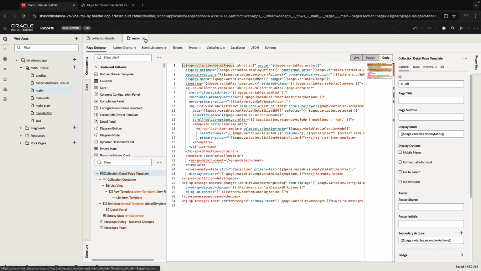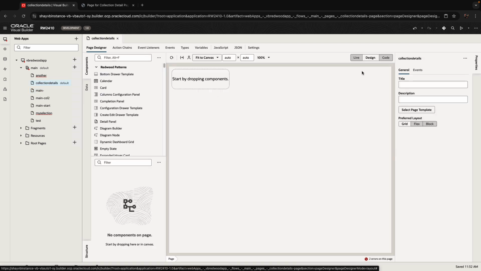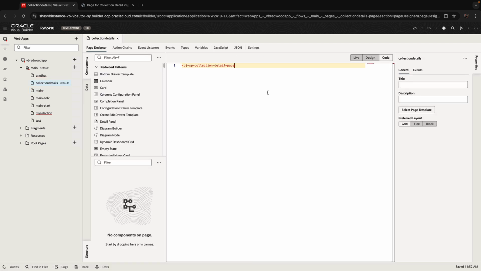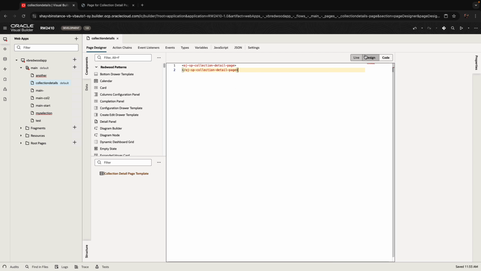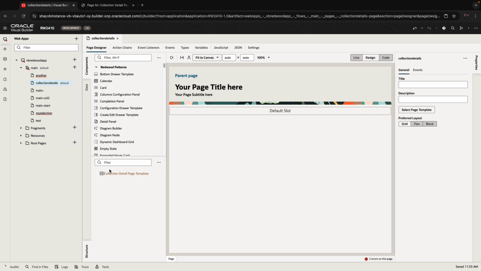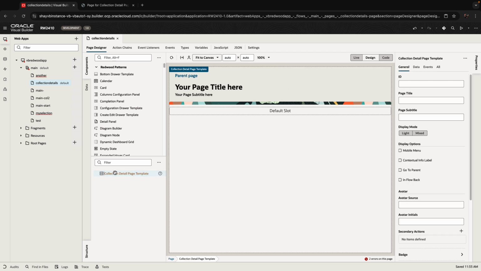In a new page. So we have a new page here. It's basically empty, and we can just paste this tag, close the tag for the collection detail page, and that basically brings us the page template into our page. Now you can configure the page. So you can add a page title, such as employees,